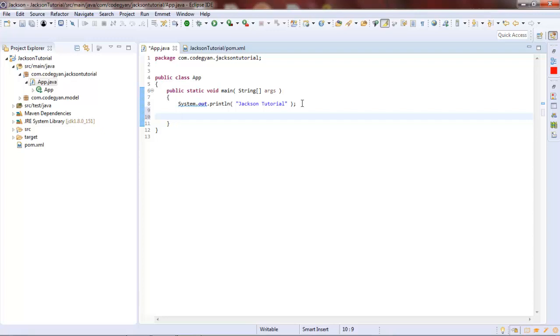For using the Jackson API, the first step is to create the object mapper object. This object mapper object provides us access to all the methods inside the Jackson library which are needed for JSON processing, like converting a JSON string into the Java object or converting a Java object into the JSON string.